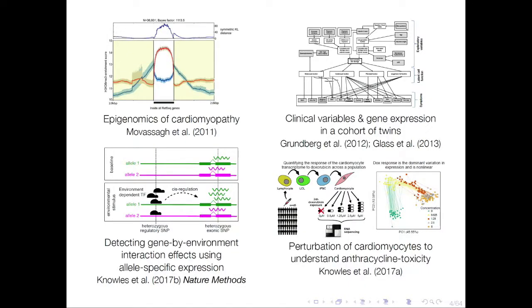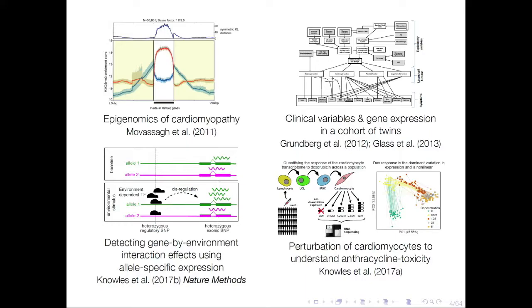During my PhD, I got increasingly interested in applications to genetics and genomics. One of the first projects I collaborated on in this area was looking at epigenomic changes during the development of cardiac disease, and also looking at changes in gene expression with age in different tissues in a cohort of twins. More recently, I've led projects in genomics, and two that I want to mention that I unfortunately won't have time to talk about today.